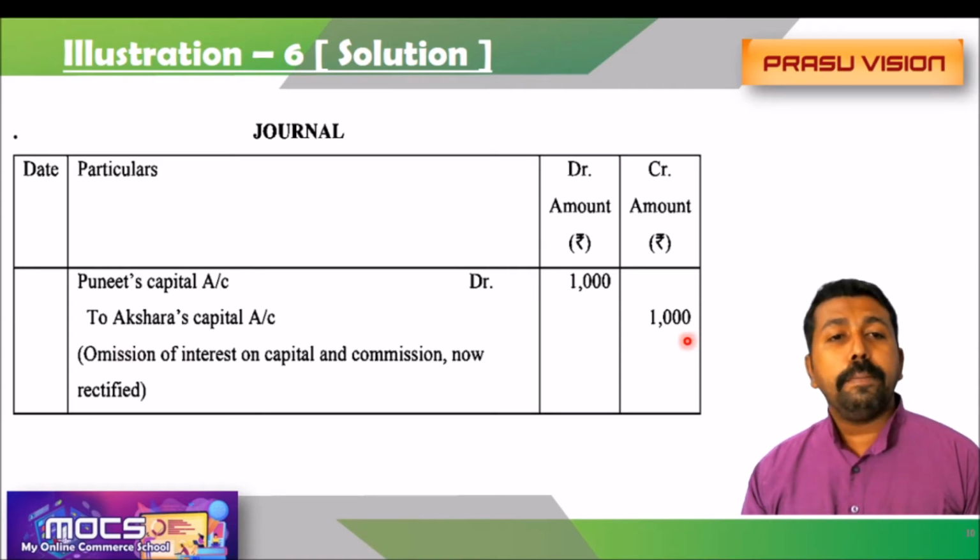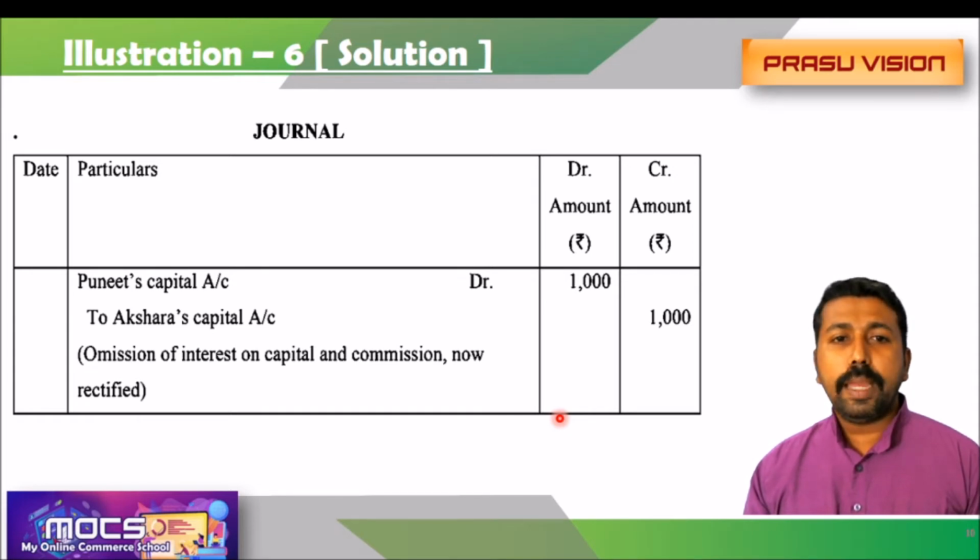So this is the problem asked in the last year's board exam. So dear students, writing these types of adjusting entries is very simple. We have to keep in mind the logic of how to find out the missing values, how to draw the adjusting table, and how to find out the net effect value. So in this way, we can write a single adjusting entry for all the items that may be omitted in the accounts of partners.